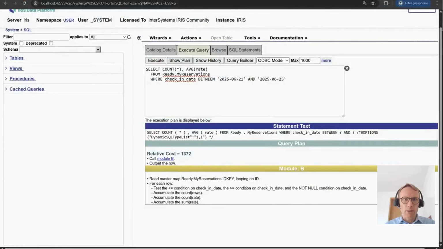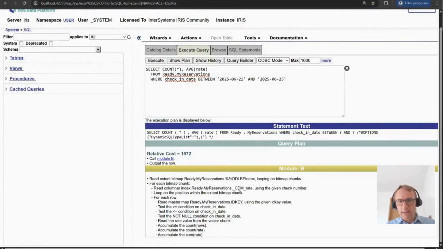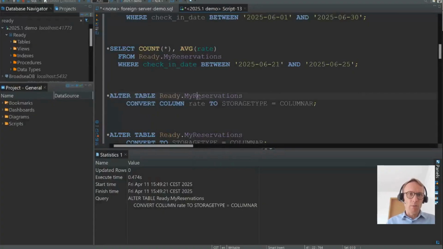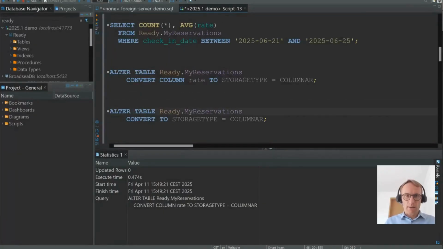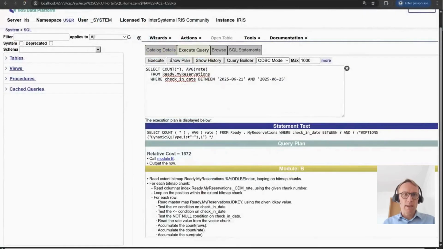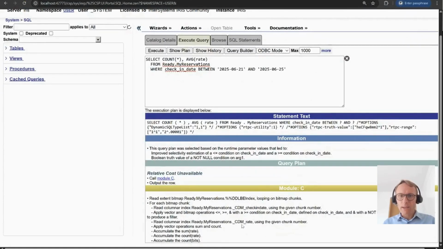Now I can see the result of that in my query plan. I can see that it already starts using some interesting vectors, vectorized query execution. But really to benefit from it, I should convert the entire table to columnar storage. But as you can see, you can be very precise in which pieces of your table you want to convert. And obviously, we also support the inverse. And now you can see that my query plan is using fully vectorized execution using these smart SIMD-powered vector operations